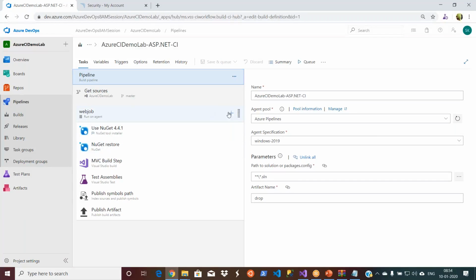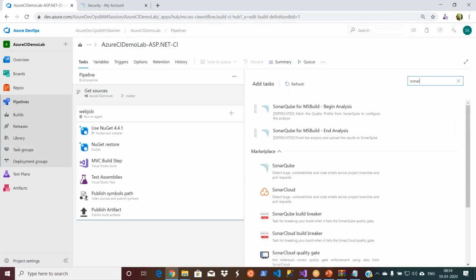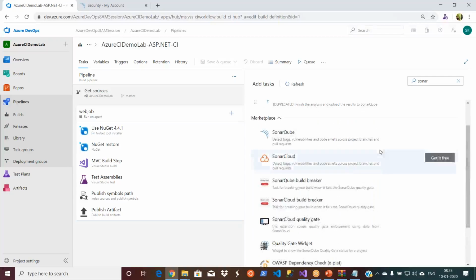How do you add a task? You can go to the agent job and then simply search for Sonar. Guys, you will get the first two things, SonarQube for MSBuild, etc. These are deprecated. These are no longer supported by SonarQube actually. So don't use them. That's why they mention deprecated here. Okay, don't use them. So we will go and use these